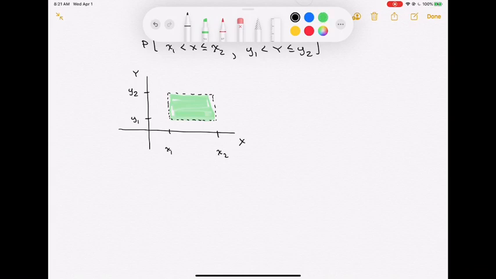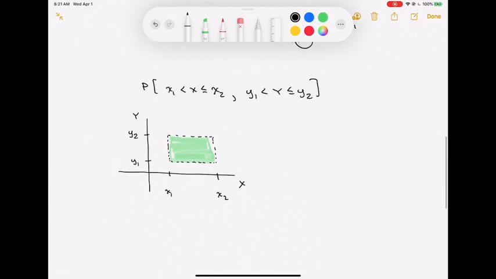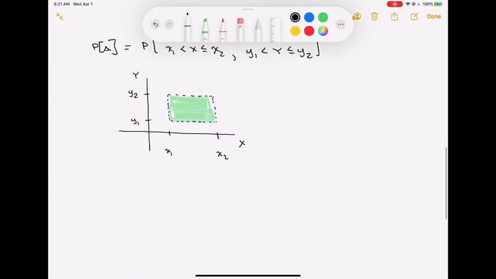One way of doing it, of course, if I go back up a little bit, I'm getting a little tired of drawing that full probability piece out. So let's just call this the probability of some event A, where A is being on those intervals in x from x1 to x2 and y from y1 to y2. So P(A), one way of getting it, is just by a direct double integration. And that direct double integration would do something like going from x1 to x2 and from y1 to y2,